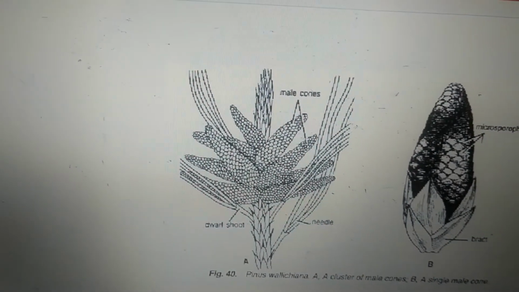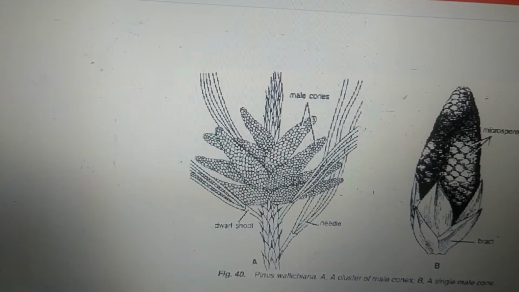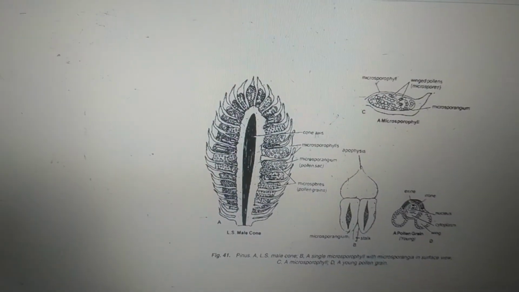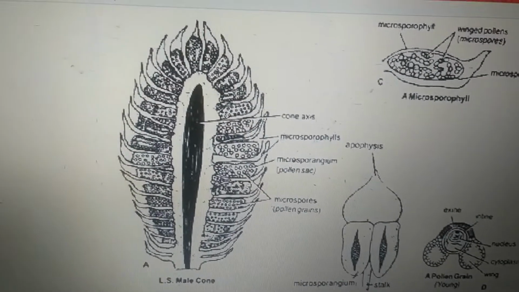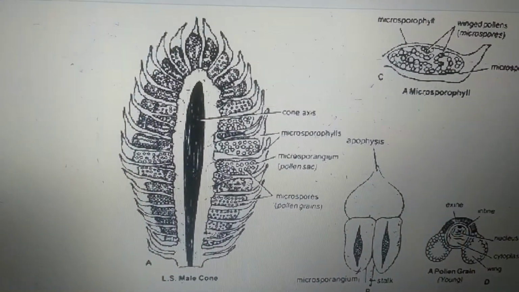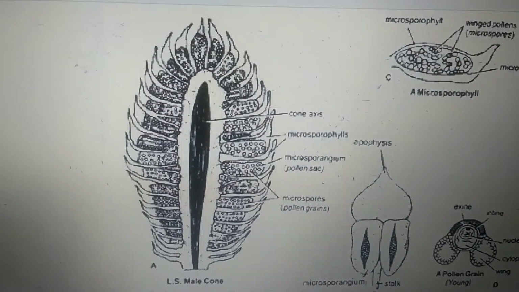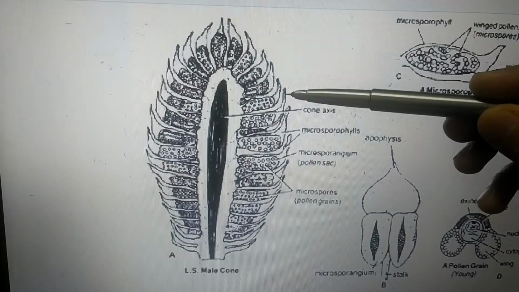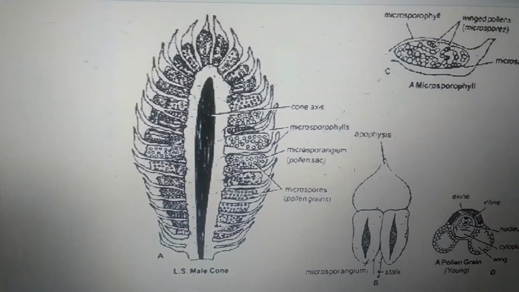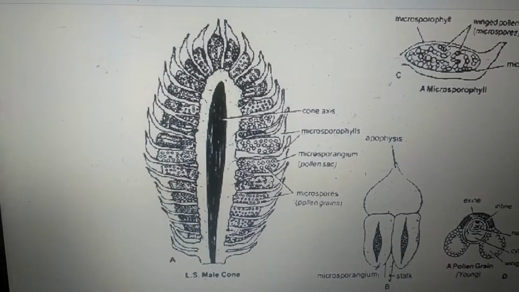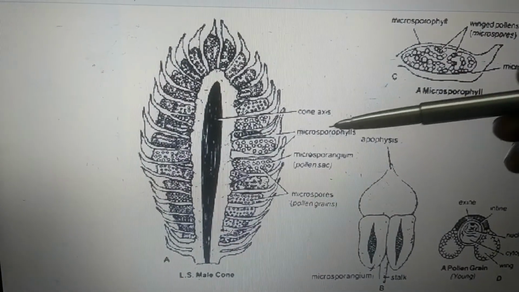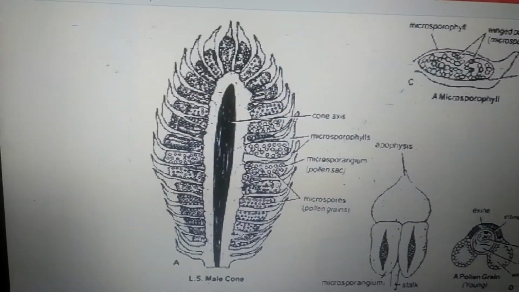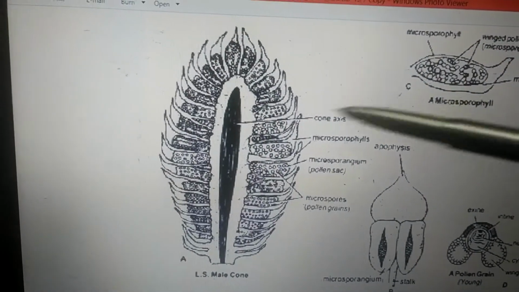Male cone consists of a large number of megasporophylls and they are arranged spirally on the cone axis. Now what this means is this diagram. So when we take a longitudinal section of the male cone, this is how it is going to appear. A male cone consists of a large number of megasporophylls. These are leaf-like structures called microsporophylls. If I have said the word megasporophyll, I am really sorry. We are speaking here of the male cone, so microsporophylls. A large number of microsporophylls will be present, which are arranged spirally on the cone axis.